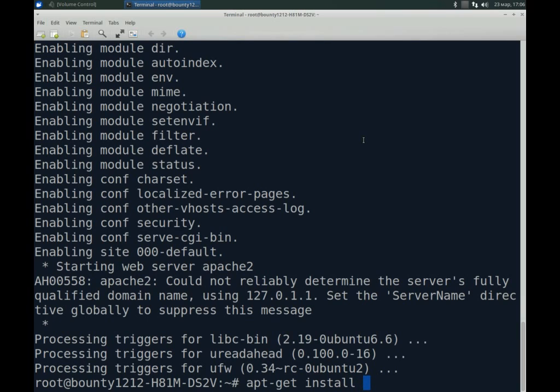Apt is shortened aptitude. Apt means aptitude, and get means to get or install. Okay,